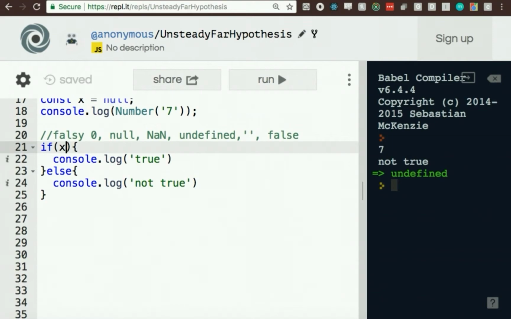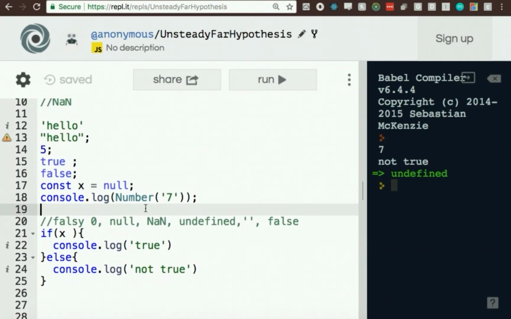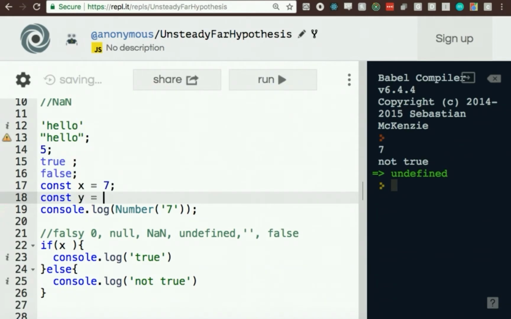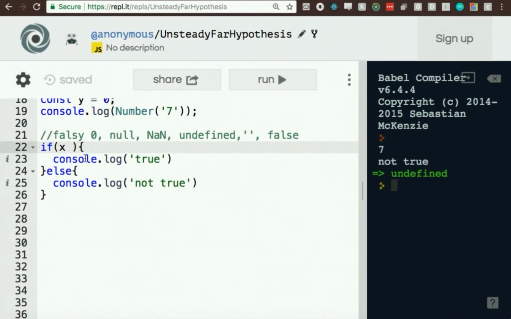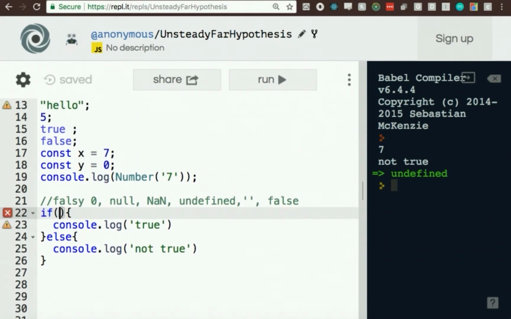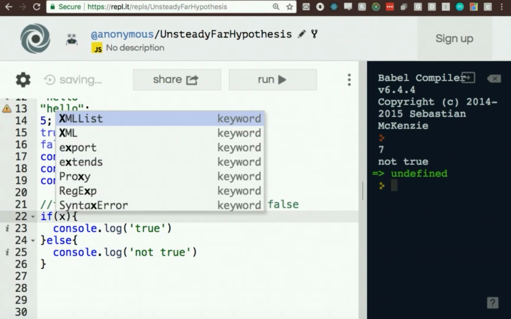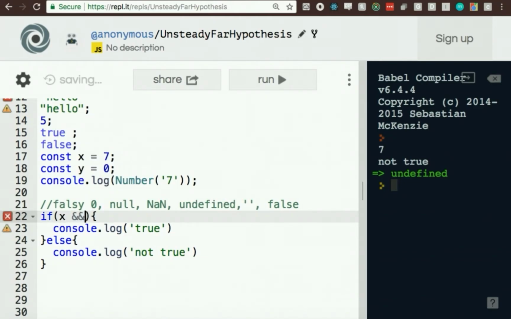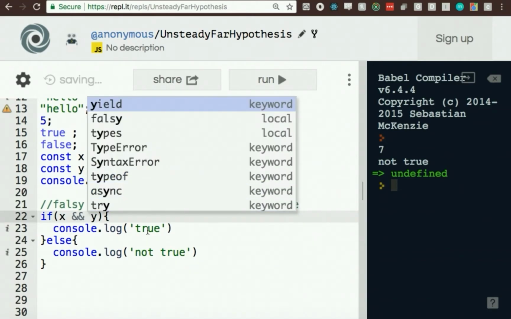Okay, some operators we'll go over. Your logical operators. So if x, let's do like x is equal to 7. And let's say we'd have y is equal to 0. Okay, so if I wanted to write an if-else statement that would run console log true if x and y were true, how would I do that? Does anybody remember? Yep. If x and y evaluate to true,